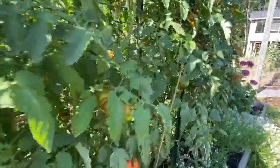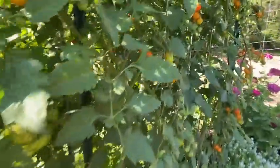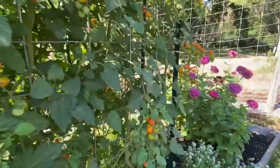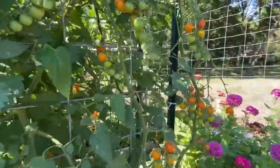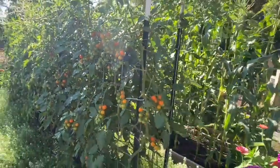So we've got Sun Golds going crazy. My Solar Flares are going crazy. Paul Robeson is pumping the tomatoes out. So is my Pink Berkeley Tie-Dye. Oh, my Berkeley Tie-Dye is not quite in season yet. My Blush looks great. I've got Speckled Romans. Green Giants are just coming into season. It's always kind of tricky to tell with green tomatoes when they're ripe. My understanding from the couple of years I've grown green tomatoes is they turn a little yellow green and they start softening. So you can kind of see a difference in the